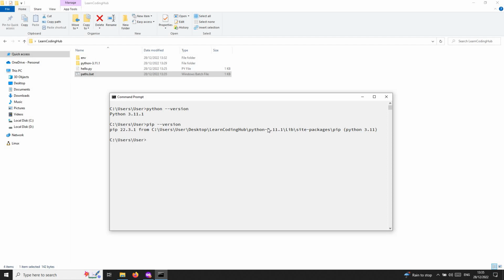Okay guys, I just wanted to show how you can set up Python. In a similar way we can set up MySQL, Node.js, PHP. So I will do more